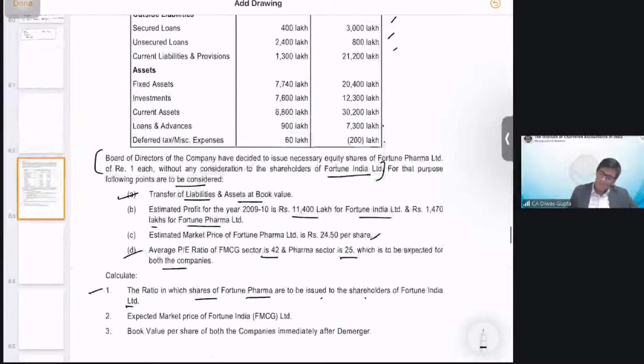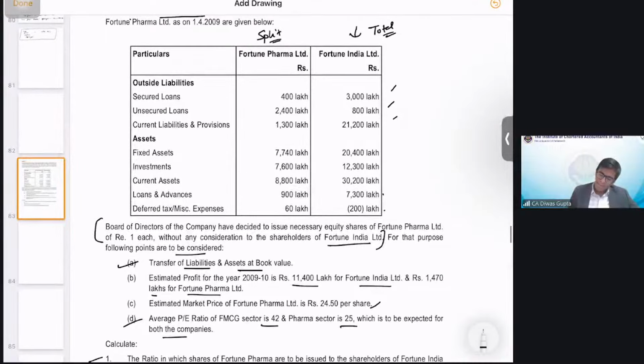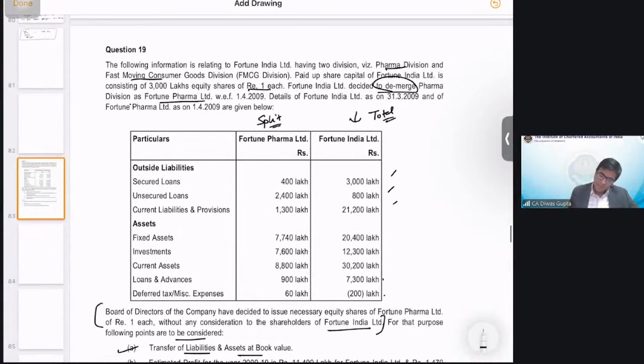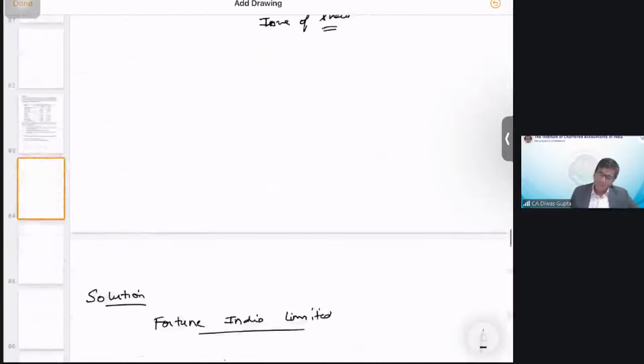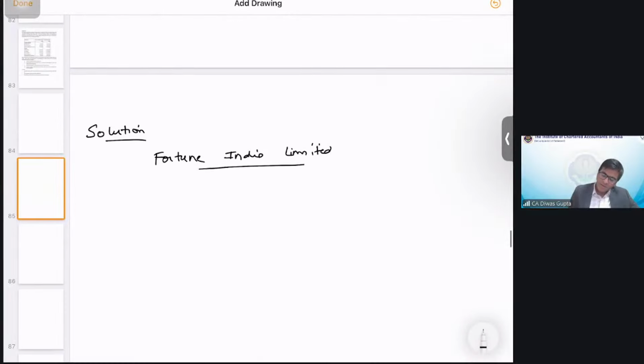So for Fortune India Limited, how many number of shares are there? If we want to first of all see to which all shareholders we will have to issue, we have the number of shares as 3000 lakhs. These are the number of shares, right? Then for Fortune Pharma,